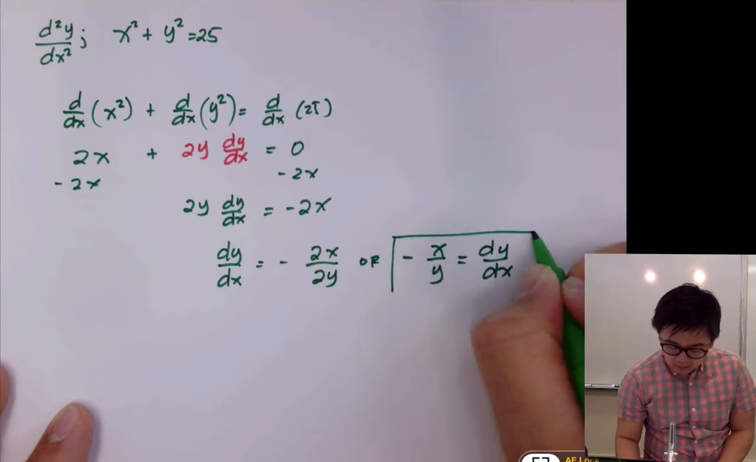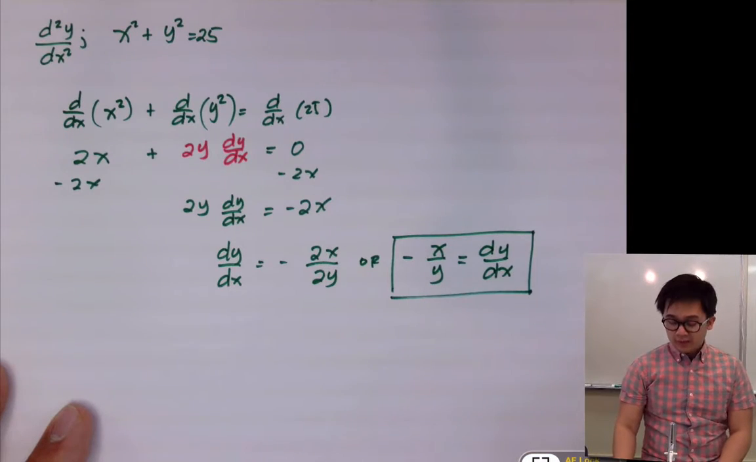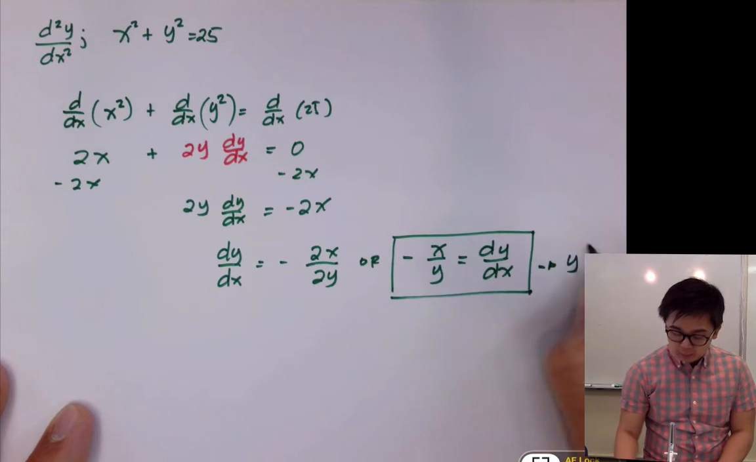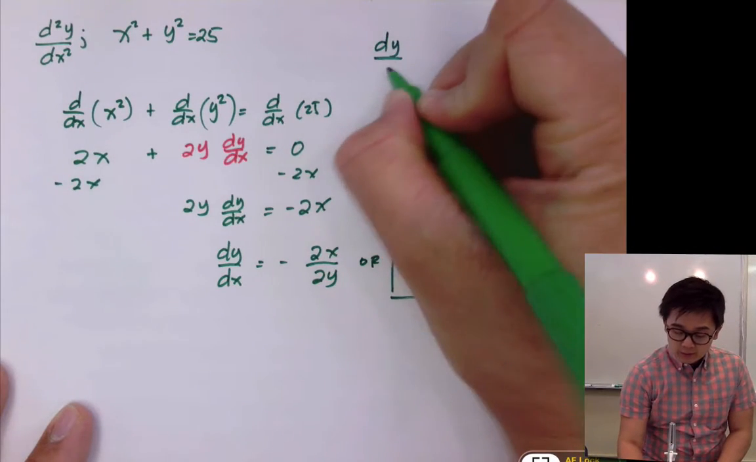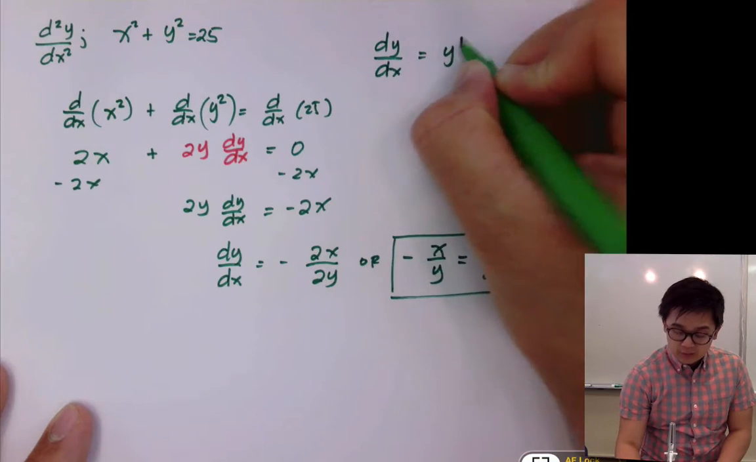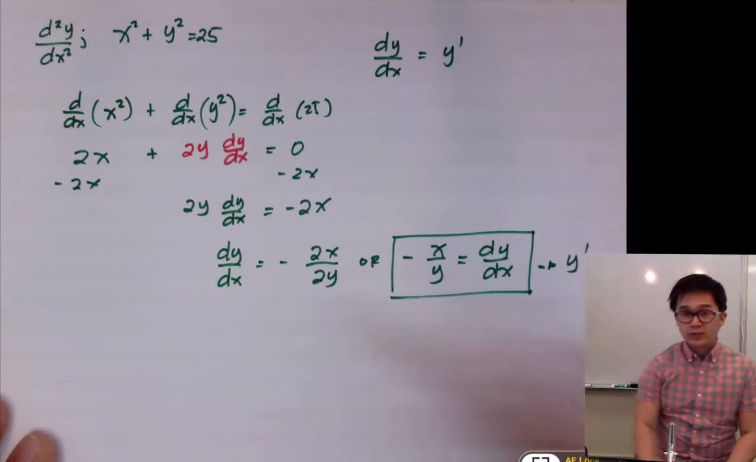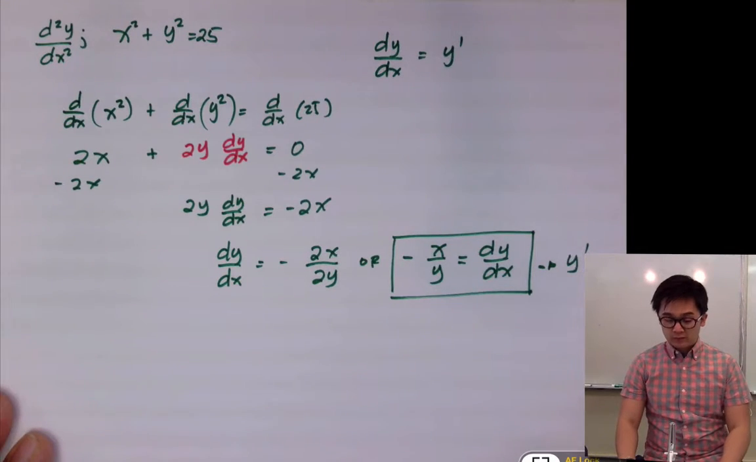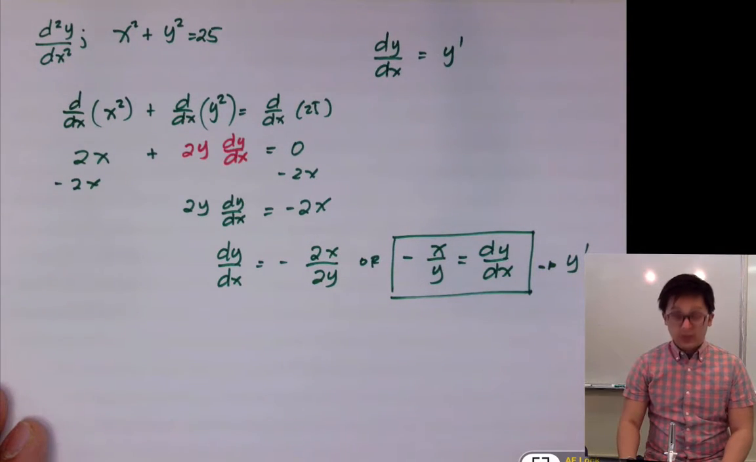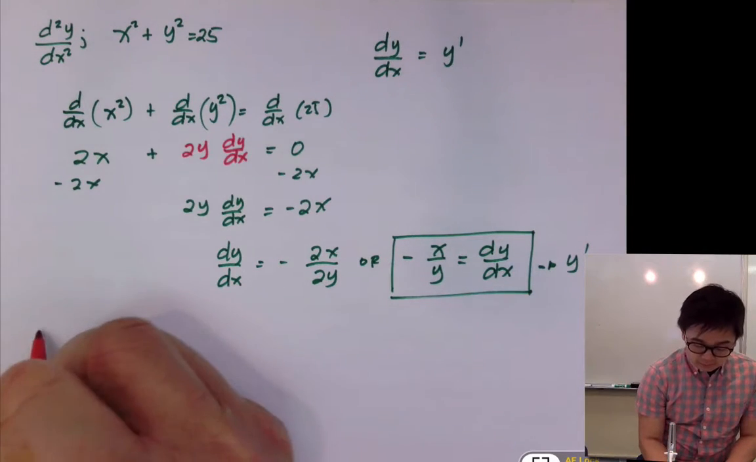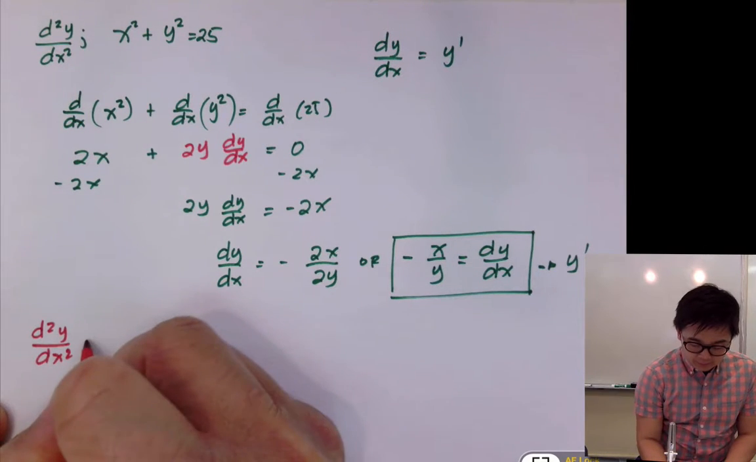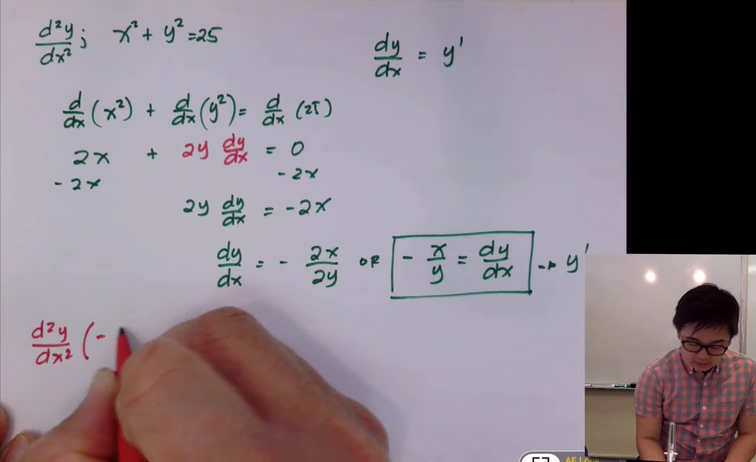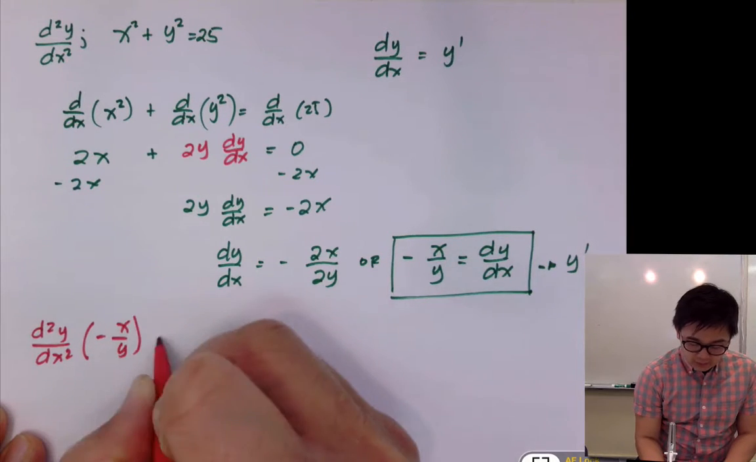And this is now our first derivative. And sometimes we can call this y prime as well. So different notations for the derivative of a function will help us in organizing our work. So now that we are done with the first derivative, let's go ahead and find the second derivative of this function. So the second derivative in terms of x of the function negative x over y would be